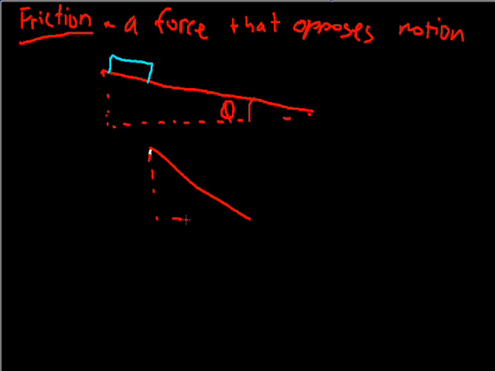So now theta is not just that angle there, now it's much larger, and then eventually it's going to become all the way here. As we increase this angle, you will see this box begin to slide. At this angle it's going to be sliding just a little bit, and at this angle it's going to be sliding a whole lot, even very, very fast. Friction is essentially the reason why we have to change angles in order to get this object to